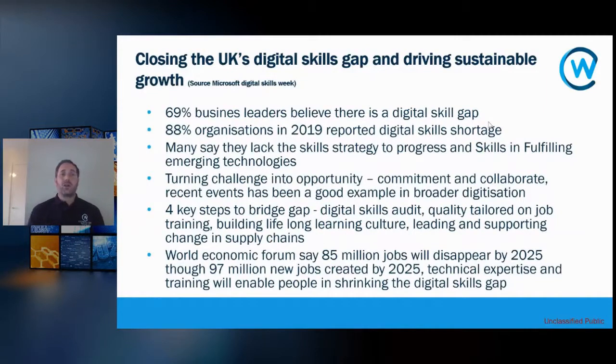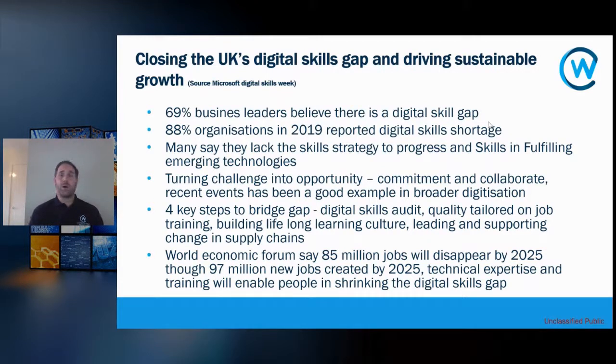So looking at the current skill gaps, or digital skill gaps, in the UK and how we're looking to close them, some statistics here from Microsoft's Digital Skills Week, which has happened just this week and last week. Important to suggest as well that digital skill gaps are found broadly across an organisation's functions and departments. For example, it could be our end users not understanding how to fully utilise Microsoft 365 applications, such as Teams, Power BI, Power Apps, Lists, Planner, and subsequently not being able to maximise productivity and collaboration within your organisation and maximise the IT investment as well.